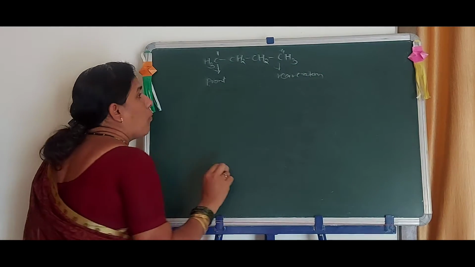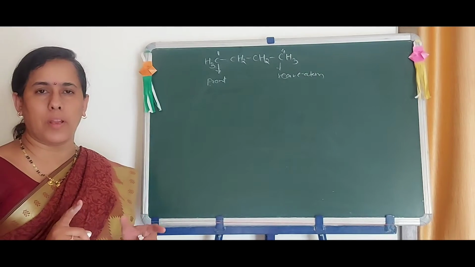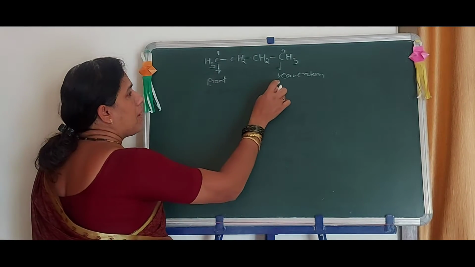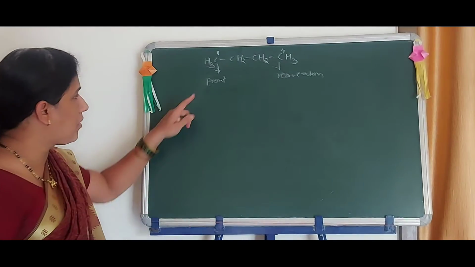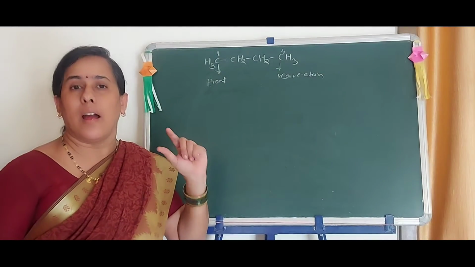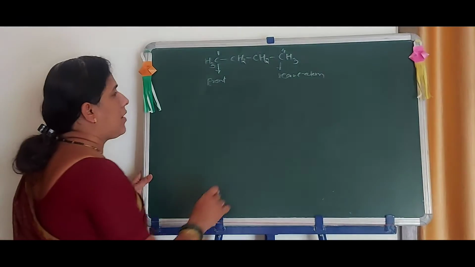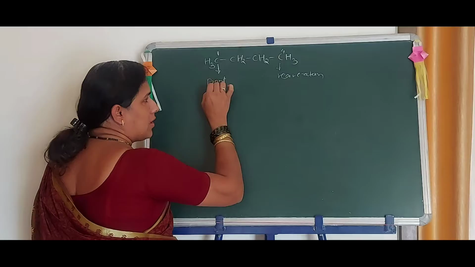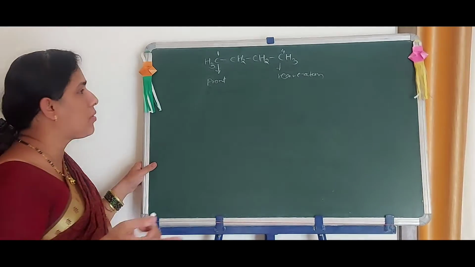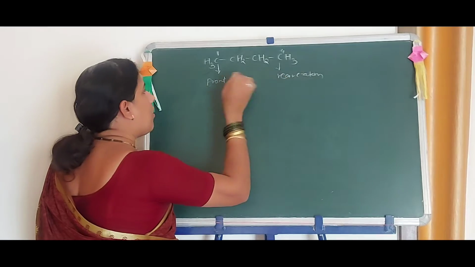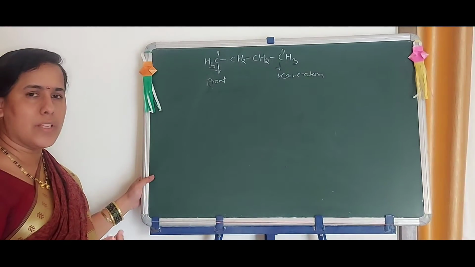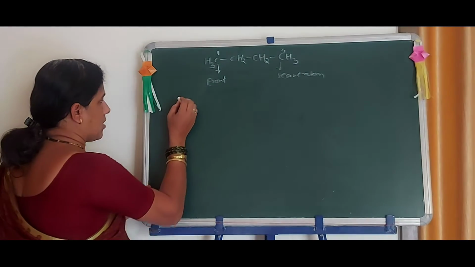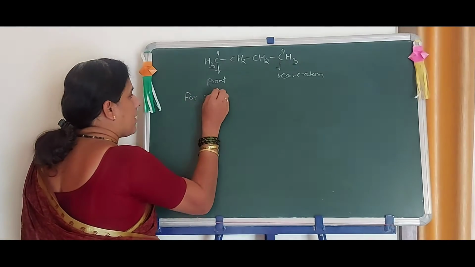At that time, while drawing the Newman projection formulae, in eclipsed form and also staggered form, we have to keep one thing in mind: we have to keep one of the carbons as a fixed carbon, and you have to rotate only the second carbon. Now between these two carbon atoms, according to your choice, you can fix either the rear carbon atom or the front carbon atom. The structures are always the same. Now first I am drawing the eclipsed structure.